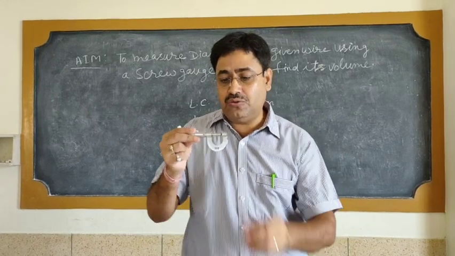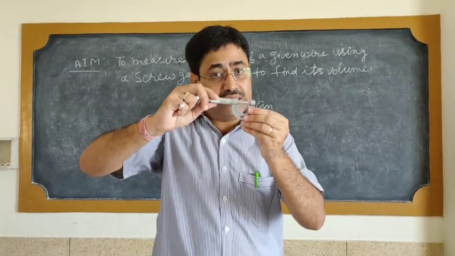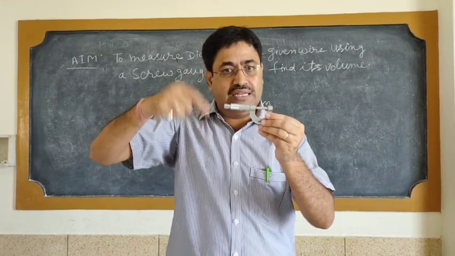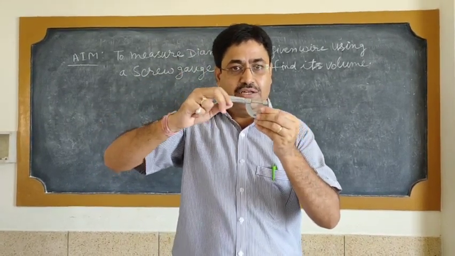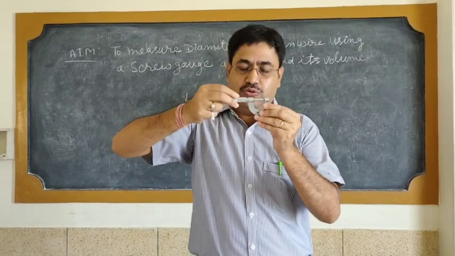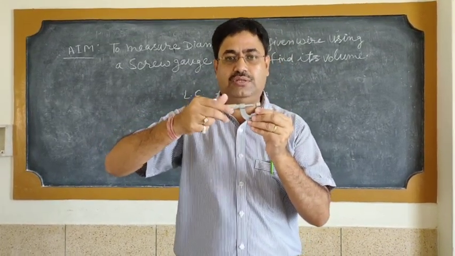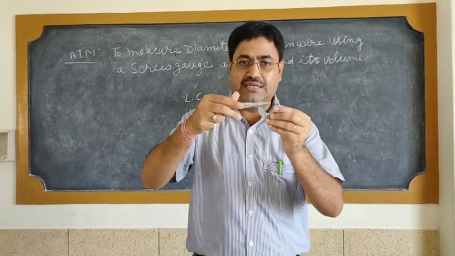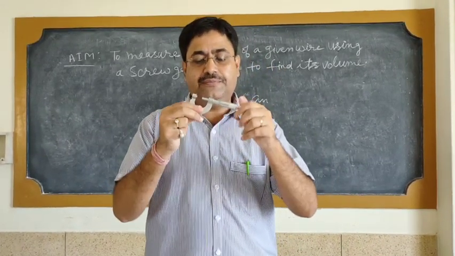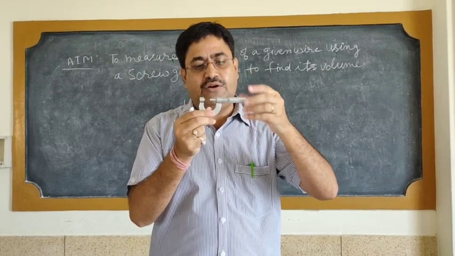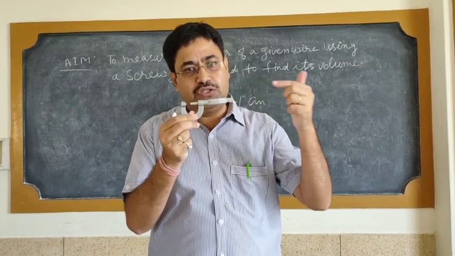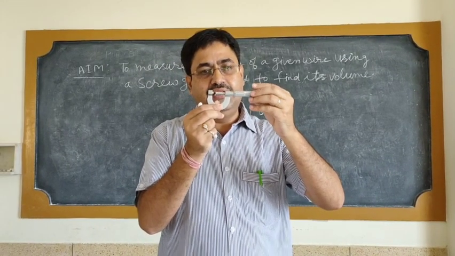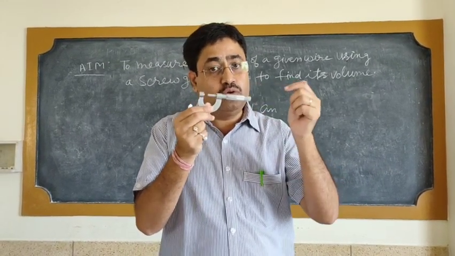And what is the meaning of screw? When I rotate this circular scale on the main scale, you know this circular scale is rotating on the main scale. It means the screw is rotating, like that. So that's why its name is screw gauge. I think it is clear to everybody. You clearly see, when I rotate it, तो आप देखो सी साथ लगातार क्या कर रहा है, रोटेट कर रहा है. ओके, इसमें स्क्रू आगे मूव कर रहा है. देखो आप ध्यान से देखिए, you can see clearly that is the meaning of screw gauge.